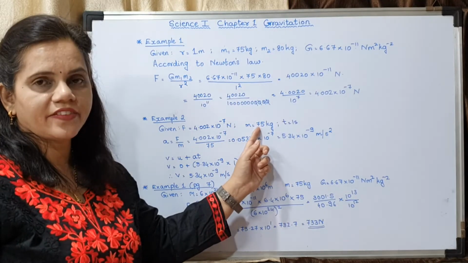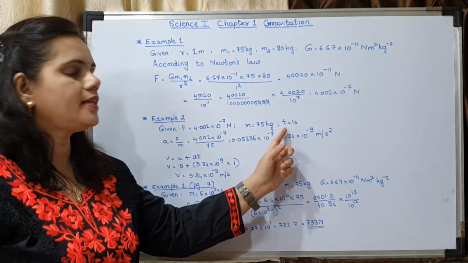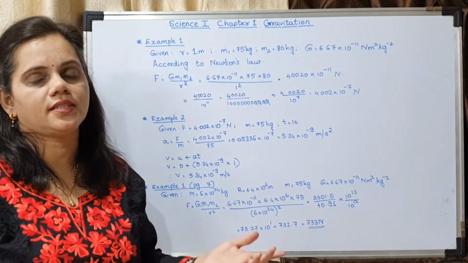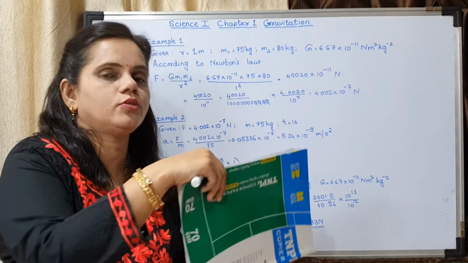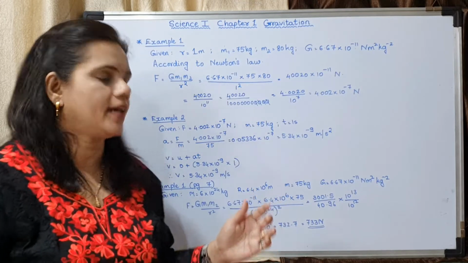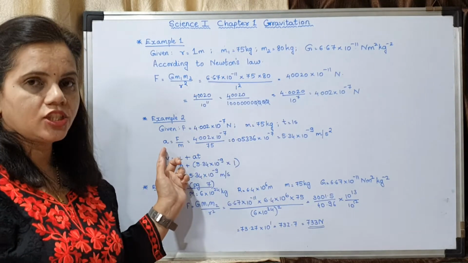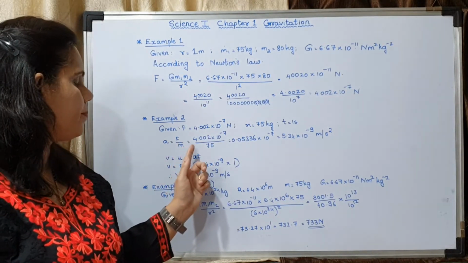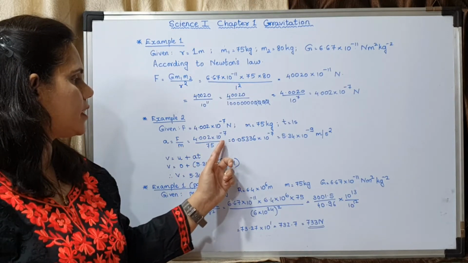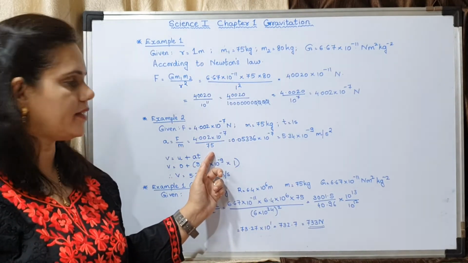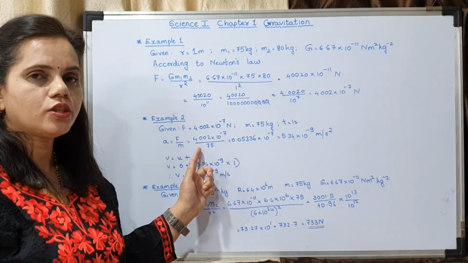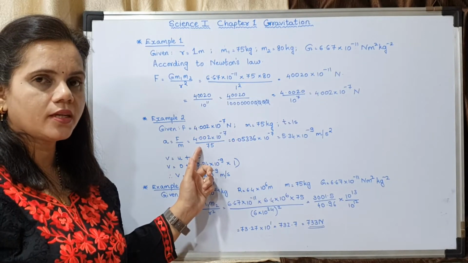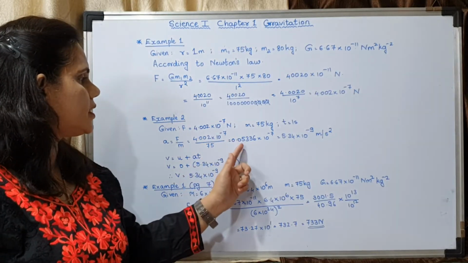Mass of Mahendra is 75 kg and the time taken is given as 1 second, if 1 second is taken for Mahendra to move till Virat. Now acceleration a is equal to F upon m, which is 4.002 into 10 raised to minus 7 upon 75. This value we have calculated: 4.002 upon 75. You may calculate it. You will get the value as